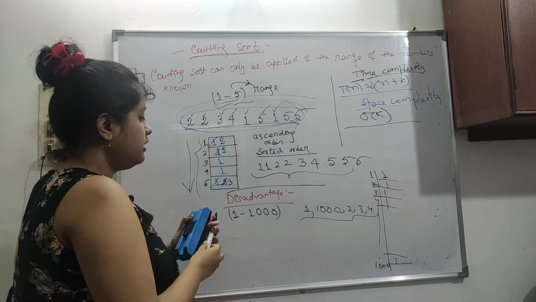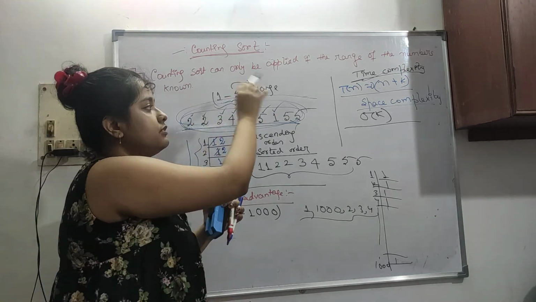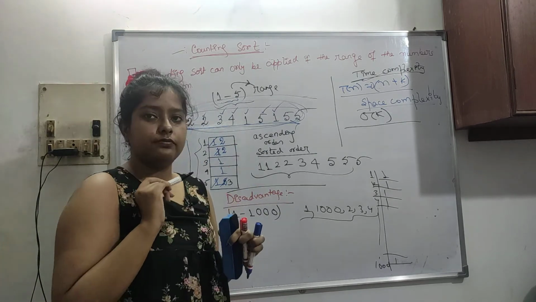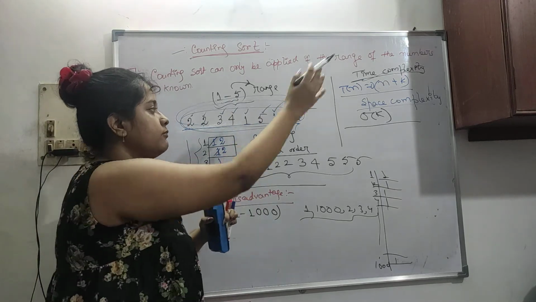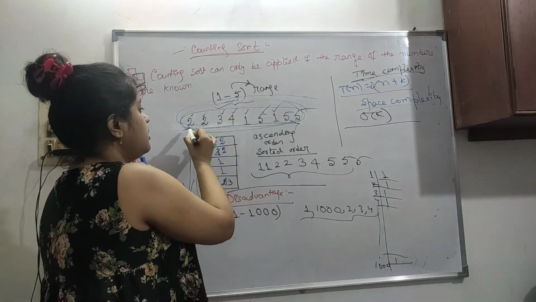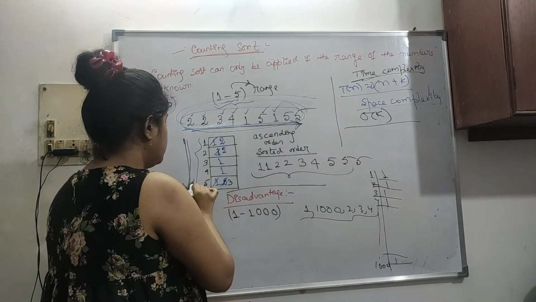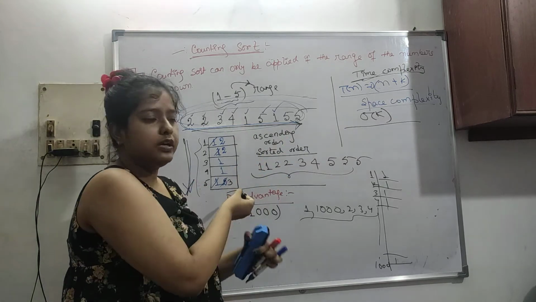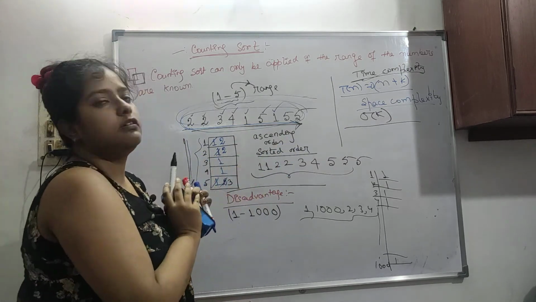So here we can understand that because of this range we have to know, we are at a disadvantage. Okay, but we have to know this algorithm, and I have shown you how the time complexity is coming. You have to scan this array once and this once, so it will take order of n plus k time, and for space, we are taking extra k cells, so k. So this is basically our counting sort.